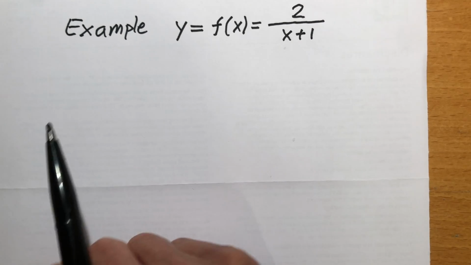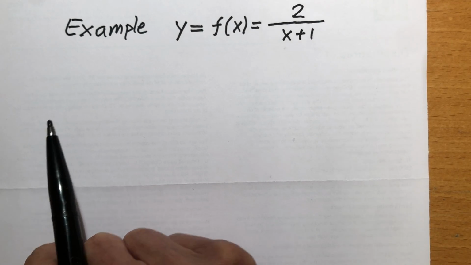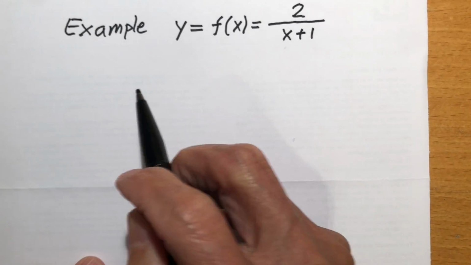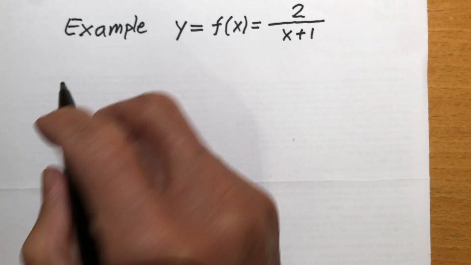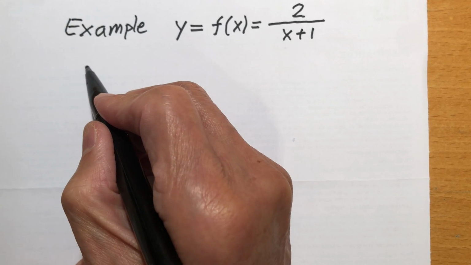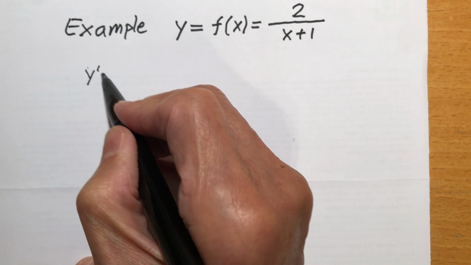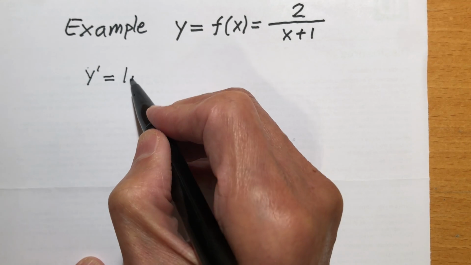And we want to find the derivative. And we use the definition of derivative. I'm not going to repeat the formula for the derivative. Let's just go ahead. y prime is limit